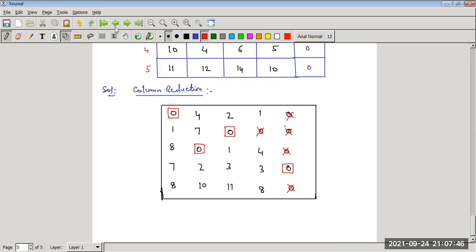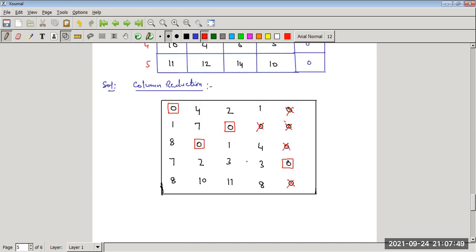So what we do, we start the ticking process. Tick the unassigned row. This fifth row is unassigned. If there is any 0 in this row, then tick that column. So this column is ticked. If there is any assignment in this column, tick that row. If there is any 0 in this row, then tick that column. Because there is no 0 other than this, and we have already ticked the first column and fifth column, our ticking job is over.